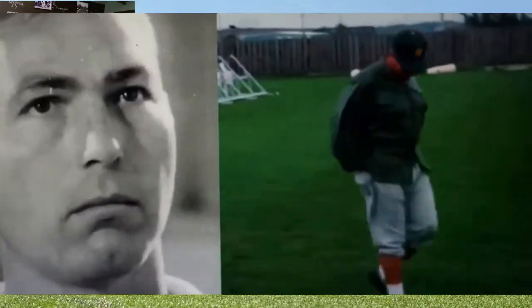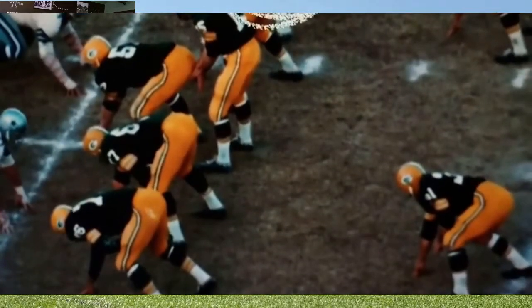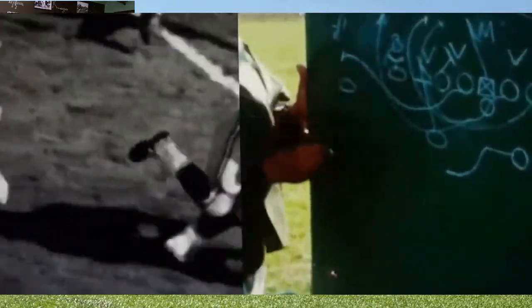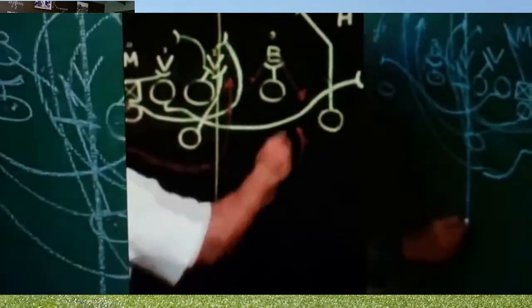The power sweep. Actually, it's the lead play in our offense. Tell the tackle, take the defensive end if he's over him. If he's not, you drive down the first man to his inside. Pull back and tell him to take the first man outside the offensive tackle. No one shows, go right by them and field inside. If the YN has the linebacker taken out, he cuts inside. If the YN has the linebacker in, he comes all the way around. So look at this play. What we're trying to get is a seal here and a seal here, and try to run this play ending